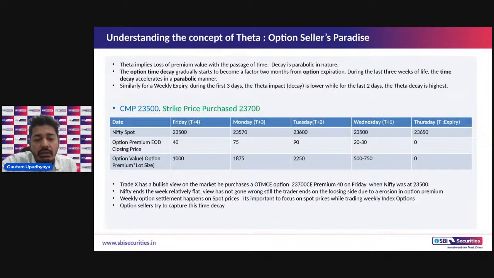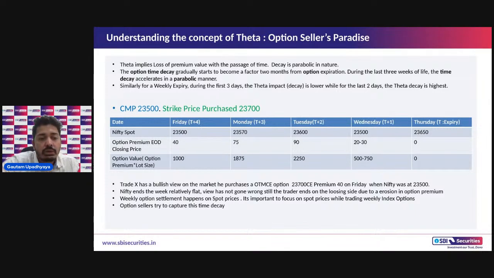So, and in Thursday's trading session the index moves almost 150 points higher. मतलब 23,500 से इंडेक्स 23,650 तक चला जाता है, फिर भी आप लॉस में ही आपका पोजीशन कट जाता है. The reason is you have purchased something which is 200 points away